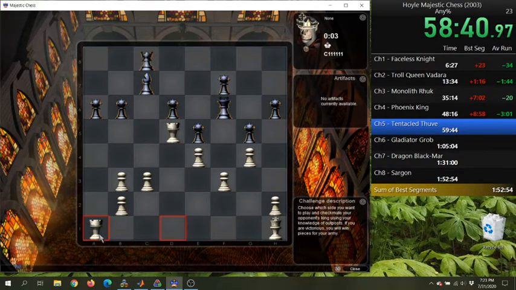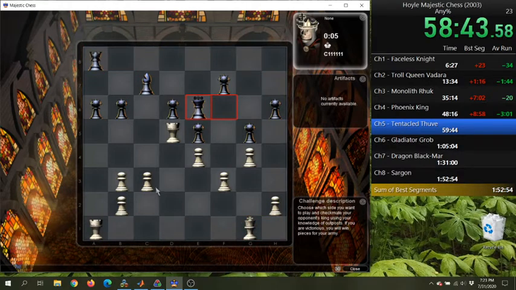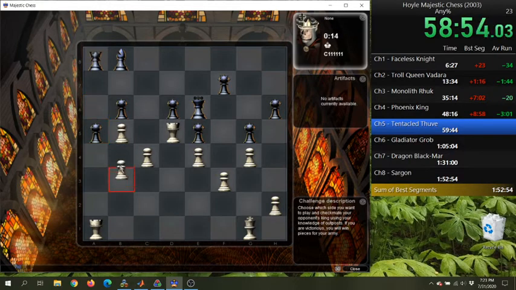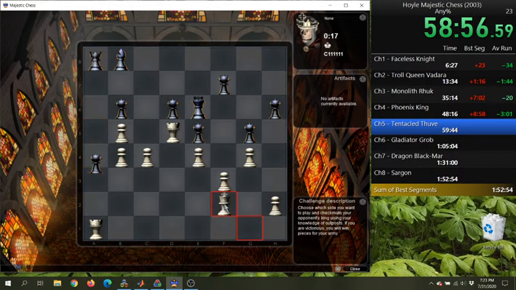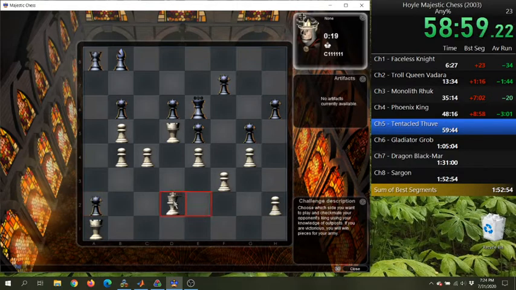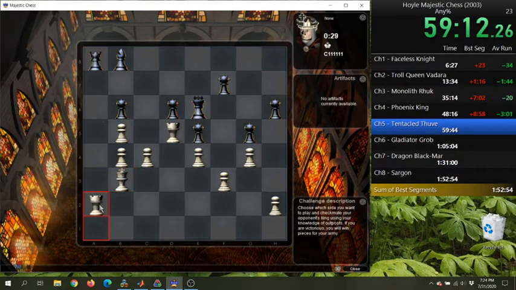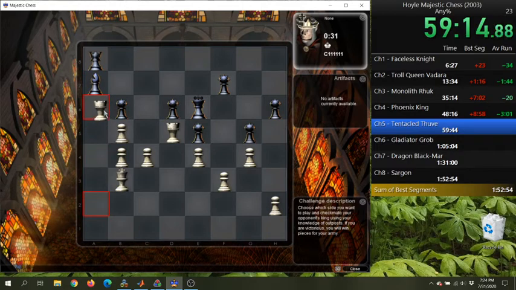Because yeah, as you may have noticed, if I was really good at this, I would probably have a strategy for all the levels. That last time I think was alright.